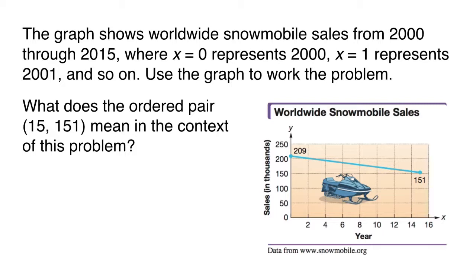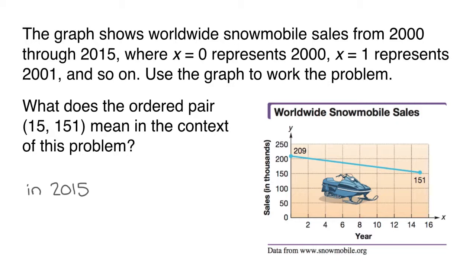The x-coordinate is the year, where x equals 0 represents 2000, x equals 1 represents 2001, and so on. And so for x equals 15, we're in the year 2015. And the y-coordinate is sales in thousands. So the sales in 2015 were